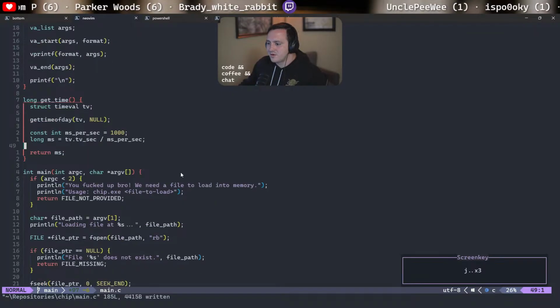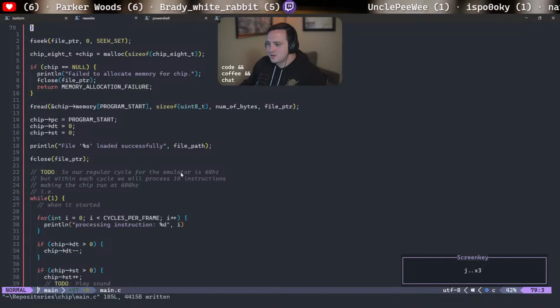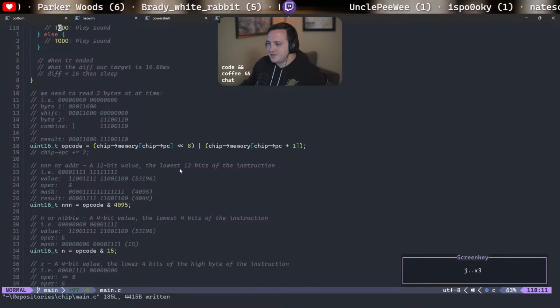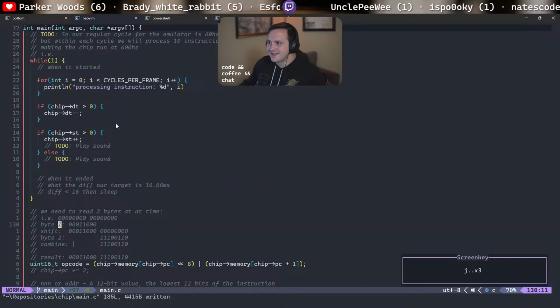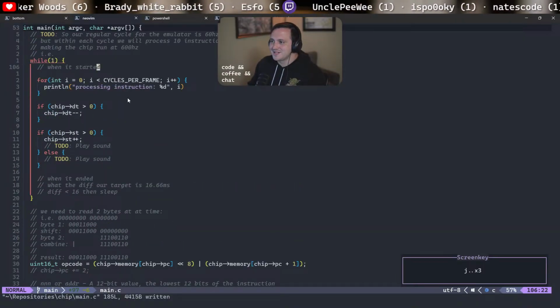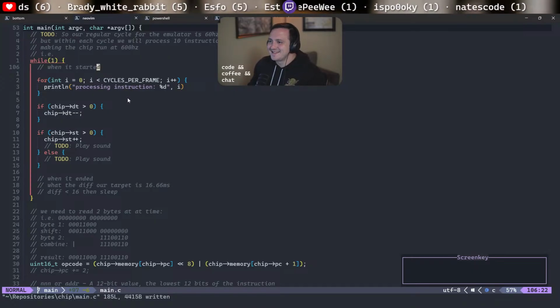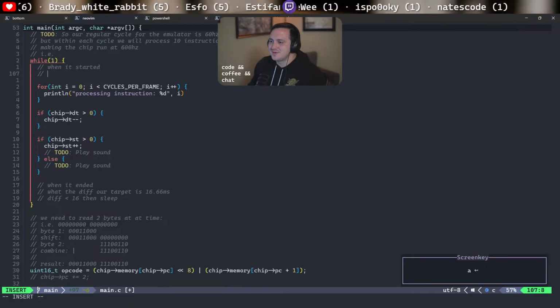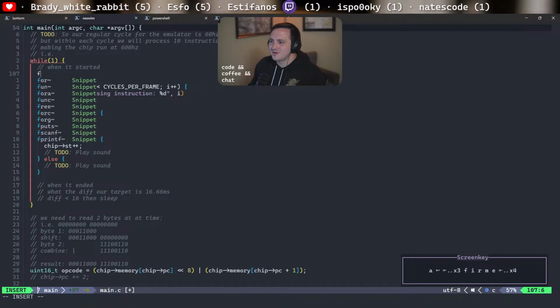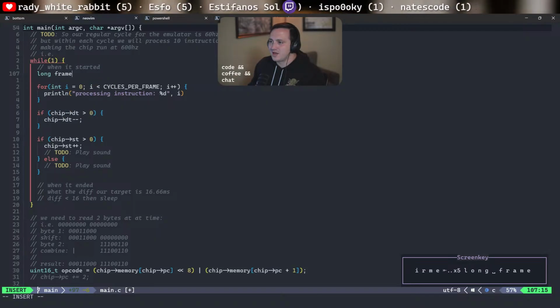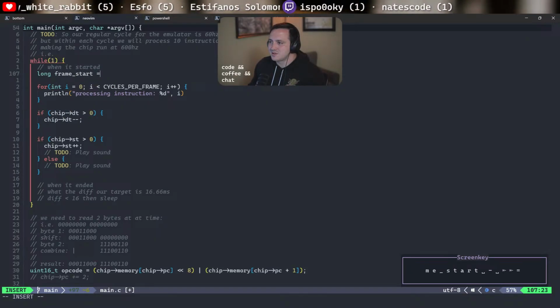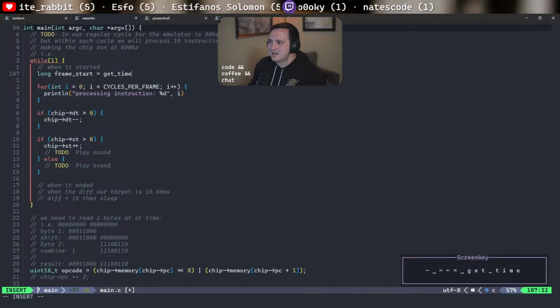So now we can do our diff, yeah? We need to do some refactoring too. This function's doing a lot of work. Let's see when it started. So this would be frame start. So this would be a long frame start equals get time,